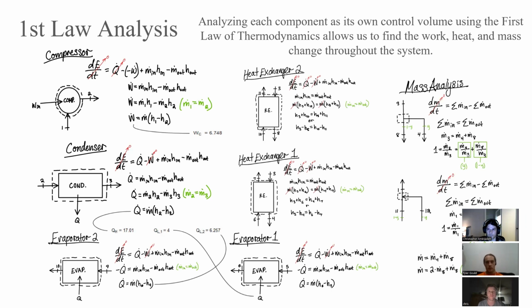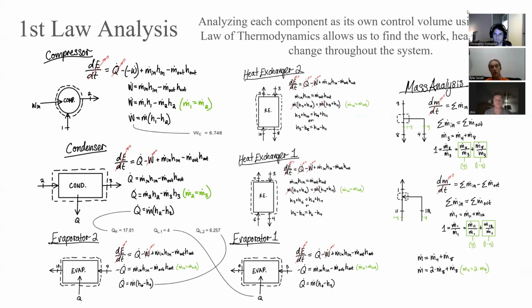On this screen, what you'll see is our first law analysis, where we broke down each individual component that has either a mass transfer, heat transfer, or some sort of work going through it, considered it as a control volume so that we could apply the first law of thermodynamics to it and then figure out what the work is for each component, or really the work for the compressor and then the heat transfer between each of the condenser and